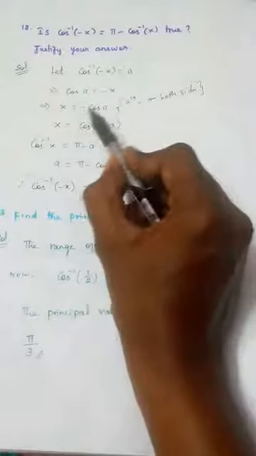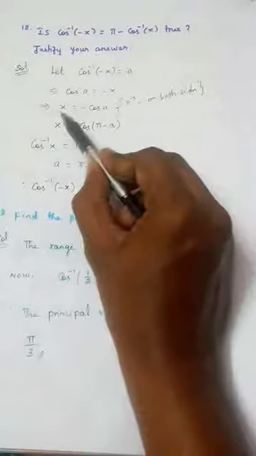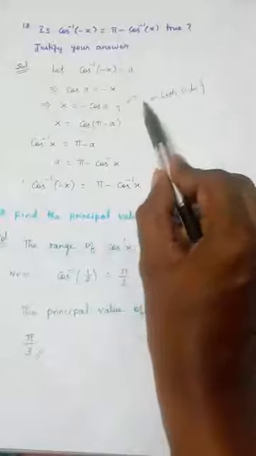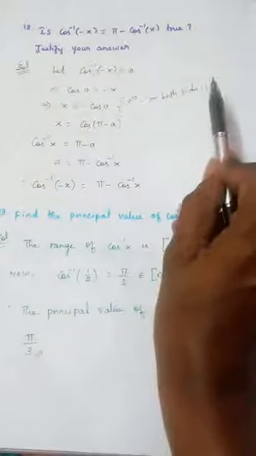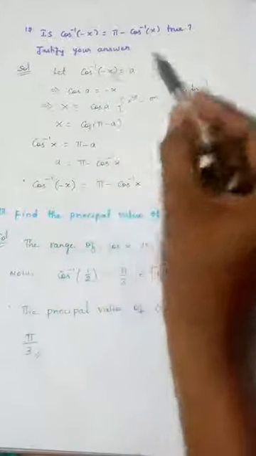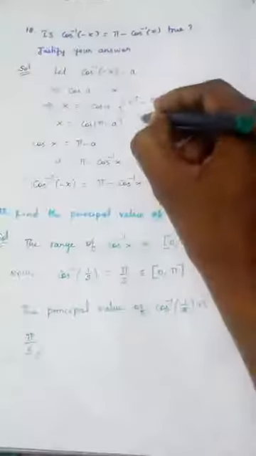So this will become plus, yes or no? Minus x becomes plus x, plus cos A becomes minus cos A, because we are multiplying with the minus symbol on both sides. Now x is equal to minus cos A can be written as, and we know very well,